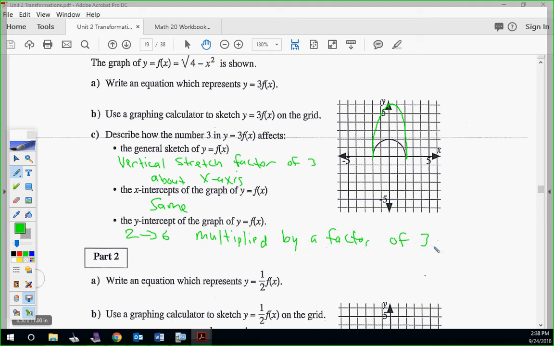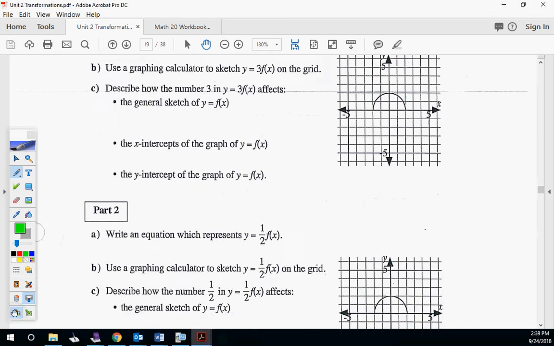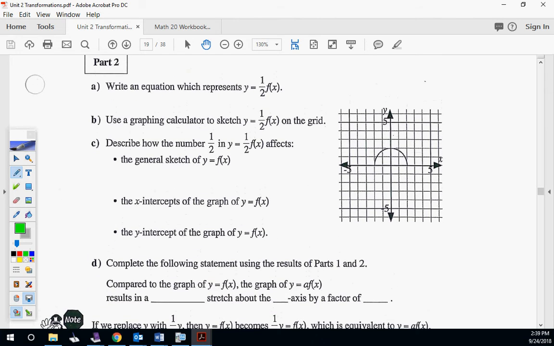Okay, so this lesson's a little bit slow in the sense we're going to really go through these thoroughly, probably a little bit more than we need to. Okay, so let's say, I'll do the first couple graphs in the calculator, and then we're going to speed it up a bit. Okay. All right, so then conversely, if we look at 1/2 f of x, okay, well,